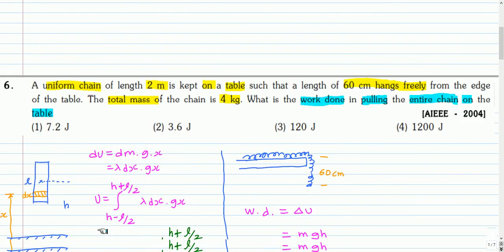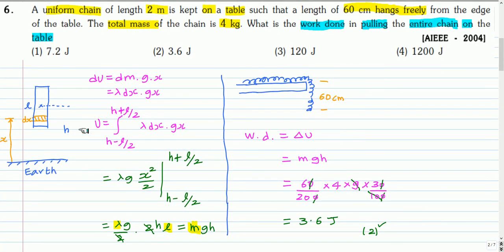Here is the solution. We'll use a standard result to solve this problem. If you have a uniform linear mass distribution of uniform density of length L, the center of mass will be at the center because the density is uniform, and let the center of mass be at a height h. To find the gravitational potential energy of this mass distribution, we have to take a small element, say at a distance x from the earth, and of width dx.